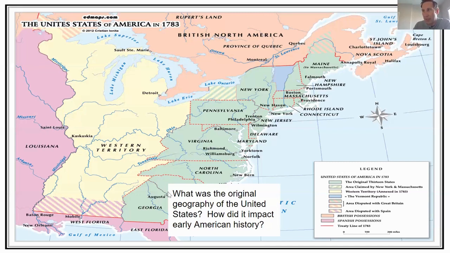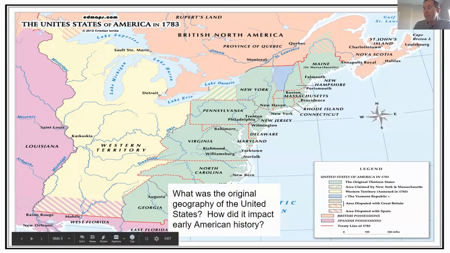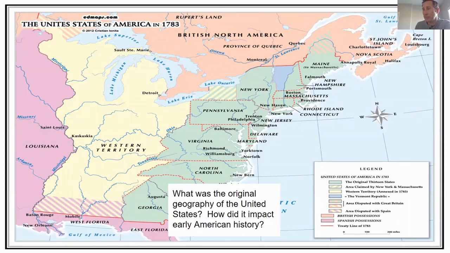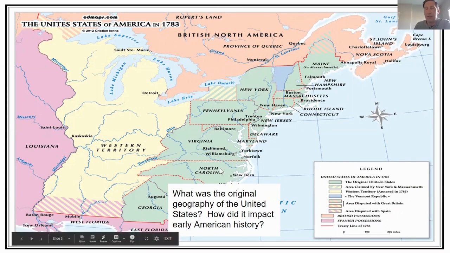All of these areas in green represent the 13 original colonies. And this area in yellow is going to be the area that America gains at the end of that war. So America is going to expand and extend all the way to the Mississippi River, which you can see here makes our western border, starting in 1783. Now that's really, really important to know, because this now becomes the United States in the 1780s and the